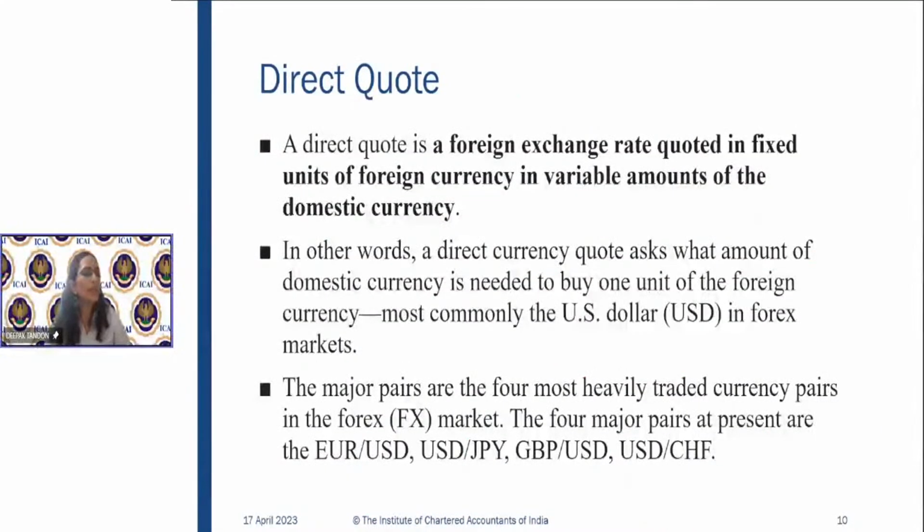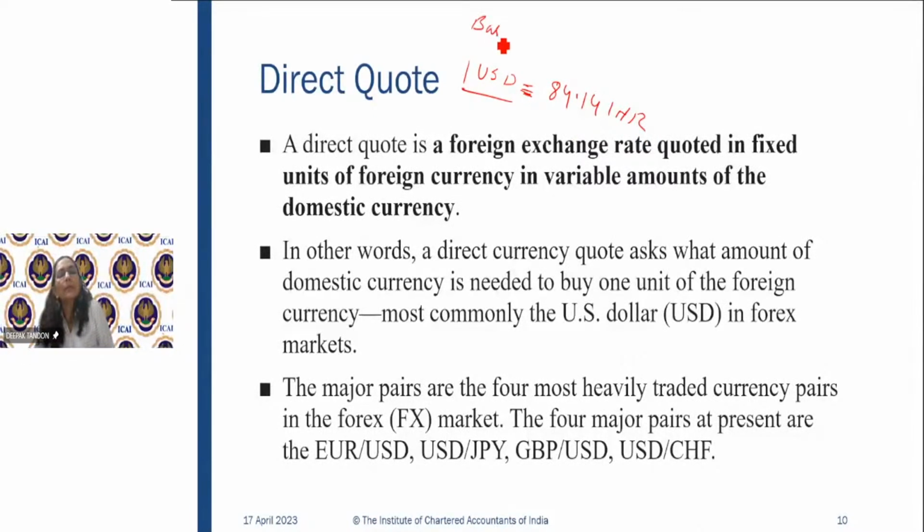Direct quote, I have shared with you. What is a direct quote? A direct quote is 1 USD is equal to 81.42 INR. 1 USD equal to 84.14 INR is a direct quote. Why? Because this is a base currency and this is a variable currency. This is a home currency and this is a forex currency,